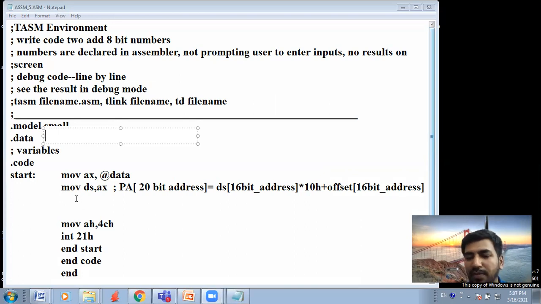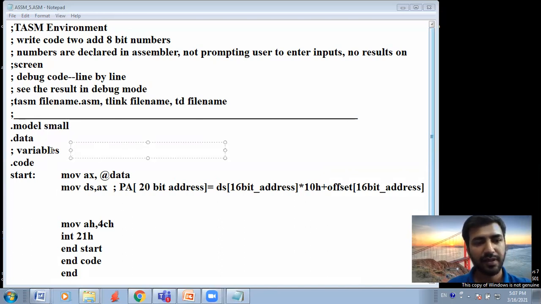Okay, so let's start. First I need to define a variable. Let me just delete this.